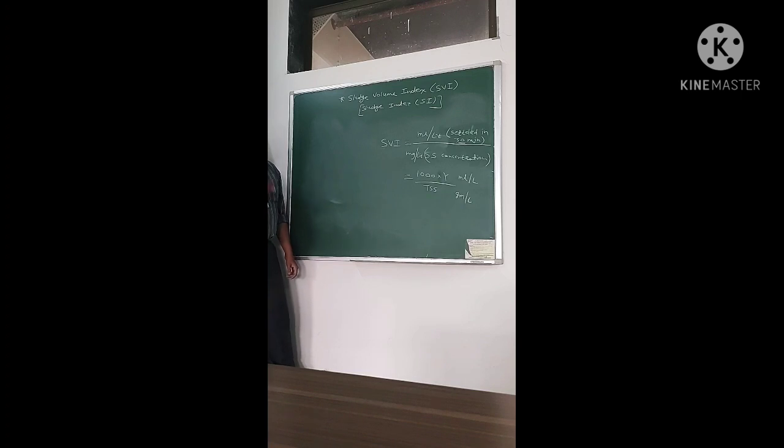Okay students, so as we have measured the volume of settled sludge in Imhoff cone, let's say Y. Y we have measured, that is 8 ml. 8 ml of sludge is deposited or settled down at the bottom of Imhoff cone, that we have measured. Now we have performed a standard test to measure total suspended solid concentration in mixed liquor, and our total suspended solid concentration in mixed liquor is equal to 154.35 gram per liter. That is the concentration we have measured by performing a standard test for TSS.